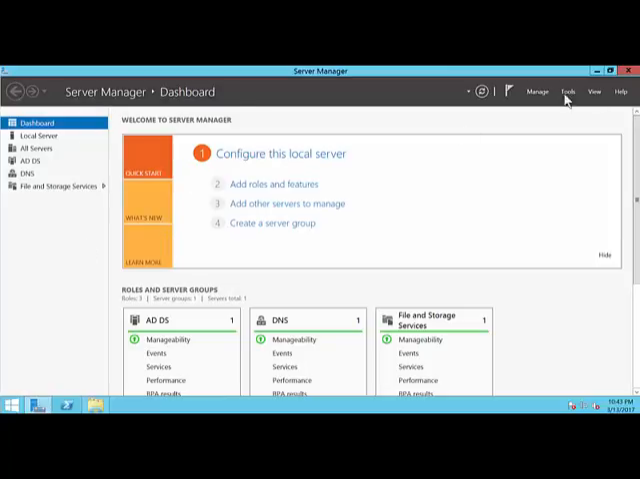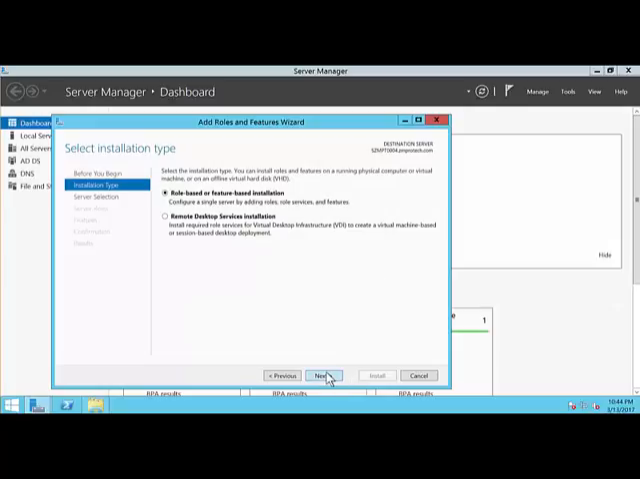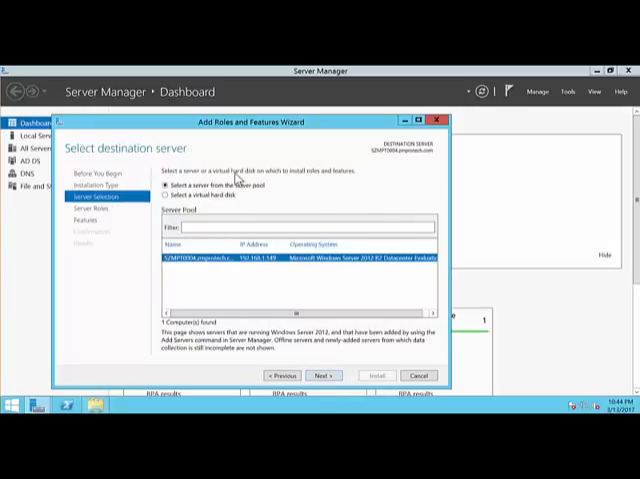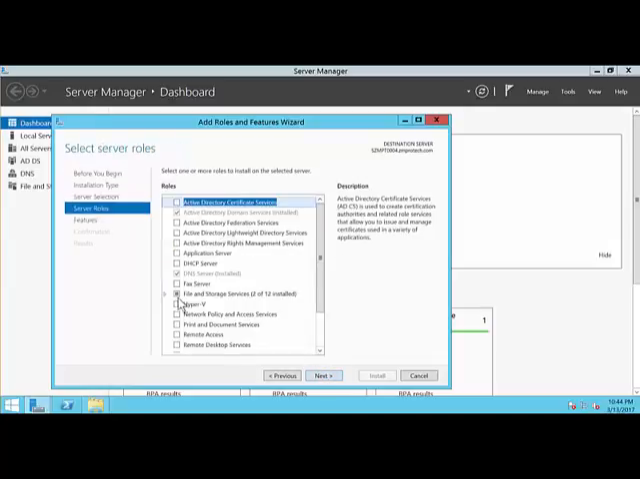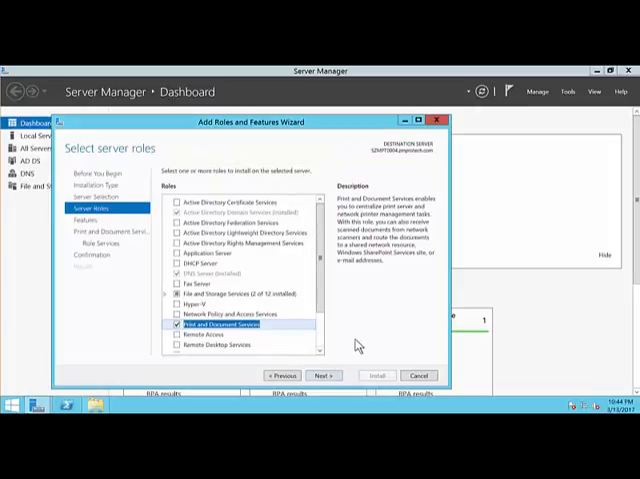From the server manager, go into manage and then click add roles and features, and then click next and continue on to click the default. Here I'm choosing one of my other servers. You can see the server name. This is a fully qualified server name. Simply click next and look for print and document services. The moment you click on it, you will get this option here. Just select add features,